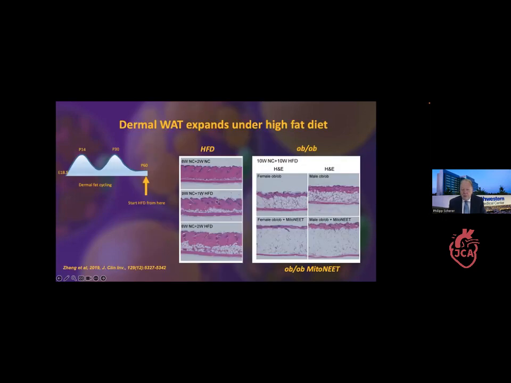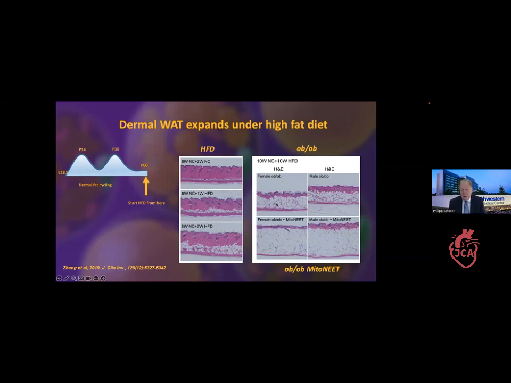We also have a very important set of information from the dermal adipocyte, and I want to alert you to the fact that the dermal adipocyte is not equivalent to the subcutaneous fat pad. The dermal adipose layer is a very thin layer, as you can see here. In the dermis, it can expand under certain genetic or nutritional conditions, but it's overall a relatively small but very important fat pad